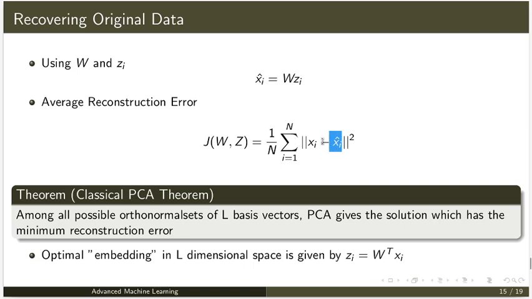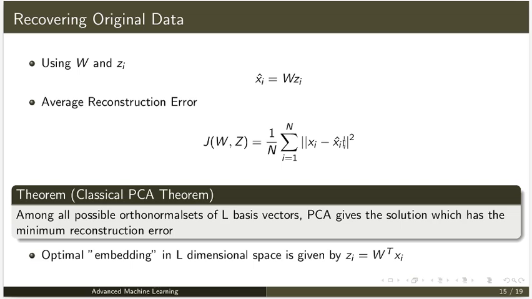This is your original xi, and xi cap is W zi, squared. Then you can find the average reconstruction error, which forms a measure of your reconstruction. That is your original x's versus what you are getting by multiplying W and Z. The error we call the average reconstruction error.